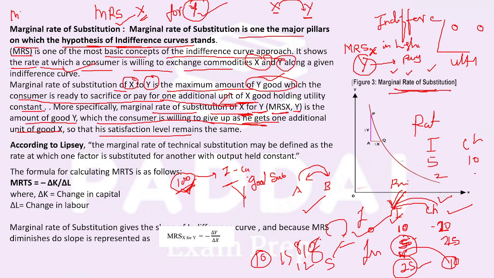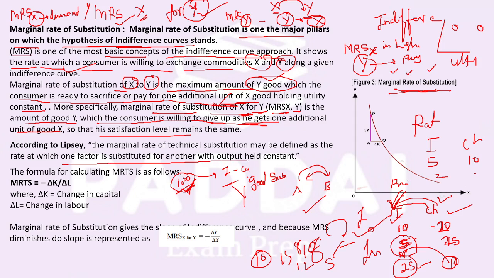तो जब मैं MRSX लिख रही हूं, यानी ये x का सब्स्टिट्यूशन है, यानी x की डिमांड है, मैं x के लिए y को रिप्लेस कर रही हूं. और MRSY अगर लिख रही हूं, ये y की डिमांड है, यानी y के लिए मैं x को रिप्लेस कर रही हूं. राइट? So according to Lipsey, marginal rate of technical substitution may be defined as the rate at which one